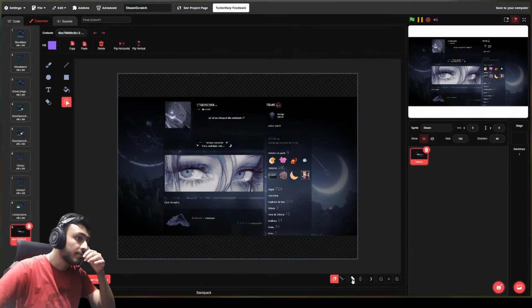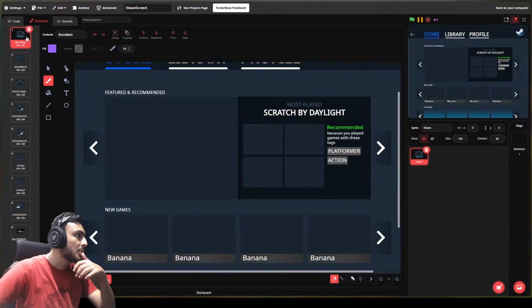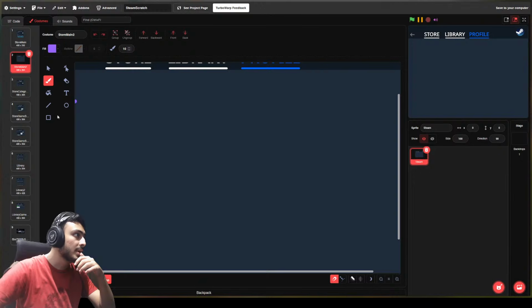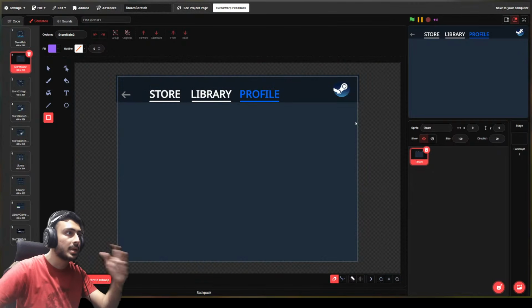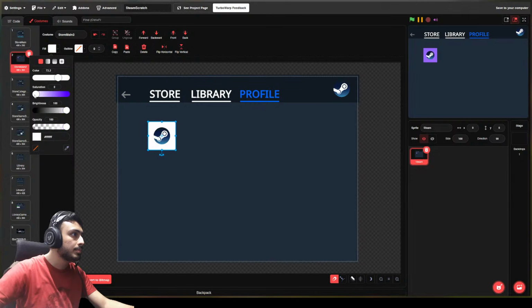So here we have, first of all, the DP, which I am not going to put, but I'll have to do something. So I'll just make a Steam type box, and we have the Steam logo inside of that. Can I not take the color?